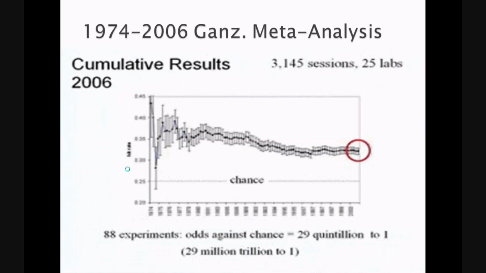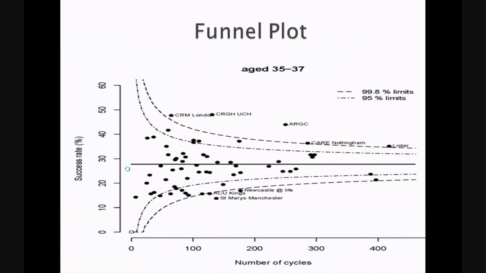Dean Radin also provided a funnel plot to show that selective reporting was not an issue in the meta-analysis. This is not the funnel plot that he provided, but he provided a symmetrical funnel plot that showed there was no evidence for selective reporting, and he also demonstrated that the p-value was too high to be statistically significant, to show that there were no negative studies being withheld from journals as they should be.